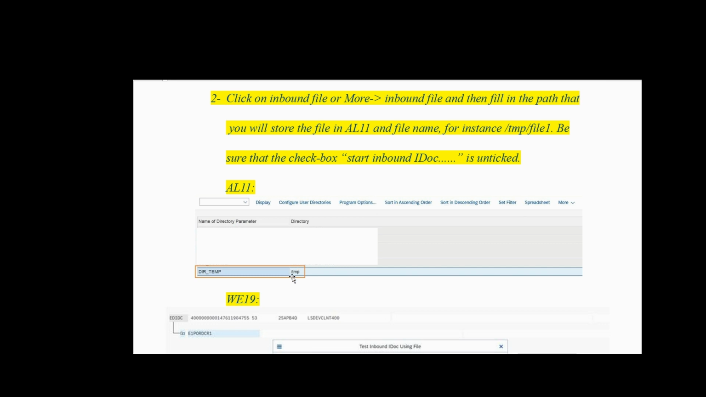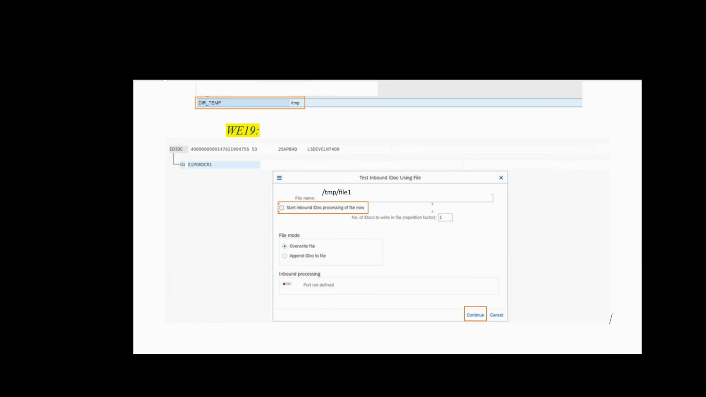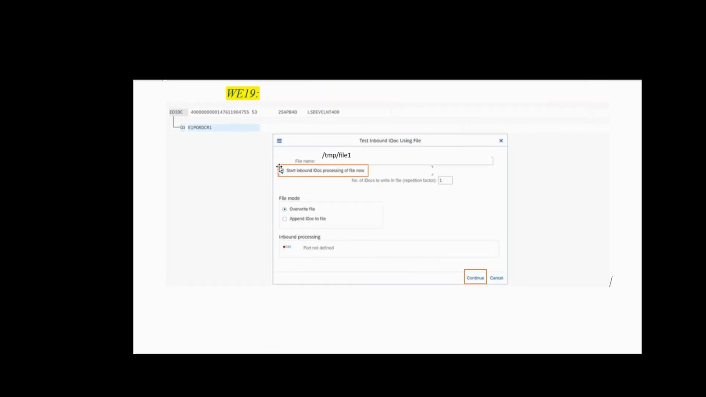Our directory, for example, here is TMP, but how can we identify the path and the name in transaction AL11? We can open AL11, then we'll see all of the existing directories, then we pick the directory that we are going to copy the file to. So the path is /TMP, and then in WE19 again, we fill in the file name